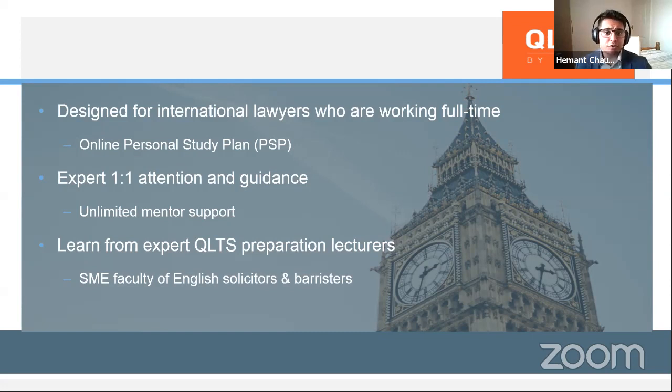And it's certainly feasible and designed to get you through and be exam ready to pass the assessments. We also give you a one-to-one mentor to give you attention and guidance on the courses. So for the MCT, you're given a bespoke mentor who is English qualified. They're either a practicing solicitor or barrister, or they're a full-time tutor, and they will have access to your progress reports. They know where your strengths or weaknesses are. They know if you're doing great in contracts or maybe you're doing terrible in another area. It could be criminal law, for example. And they know where best to get your marks up to be exam ready and confident for the assessments.